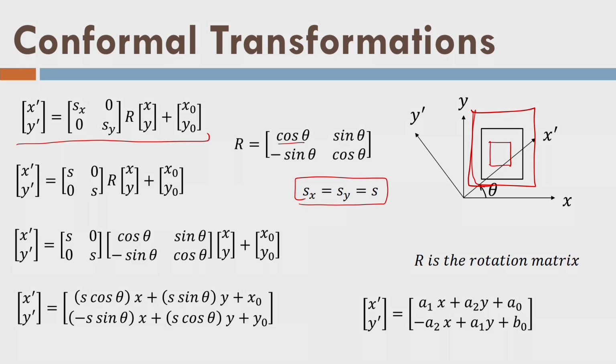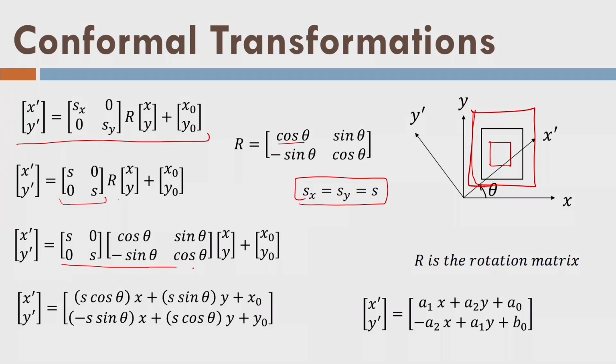If you remember the lock aspect ratio in some of the software, it means the scale is the same in both directions. So this is what is there. Now if I put all these values over there, what will I get? S cos theta into x, S sin theta, x0, S sin theta, S cos theta, and here. You can write this equation yourself and you will find the same equation. Here S cos theta is there, and similarly S sin theta is there, and it is minus S sin theta.